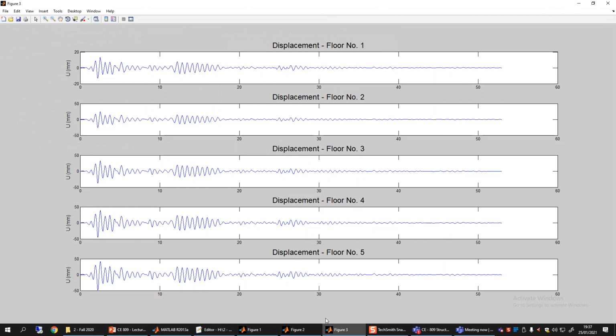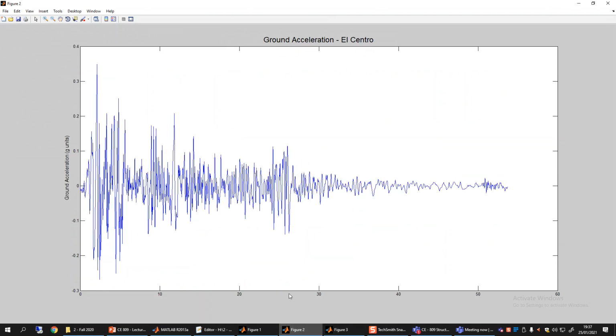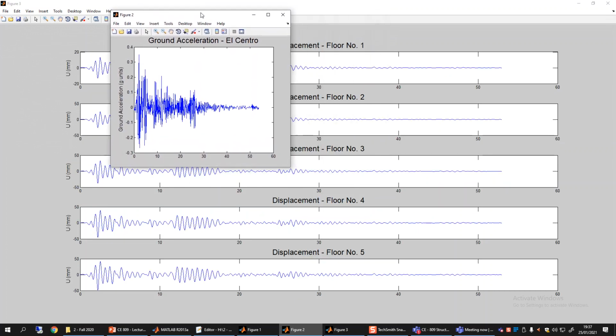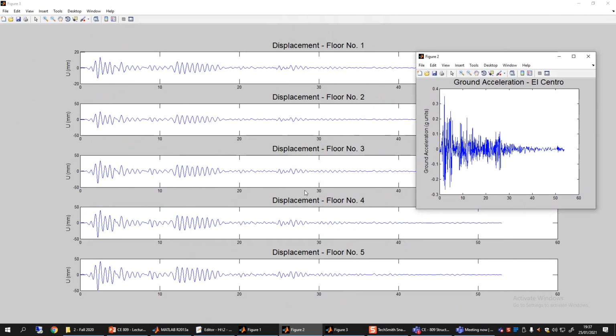So if I just overlay, maybe let me try it. This is the actual ground acceleration, and this is the story displacements. Basically the U vector is plotted for all time instants.